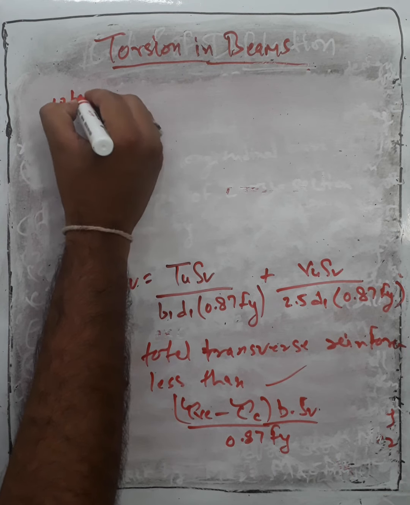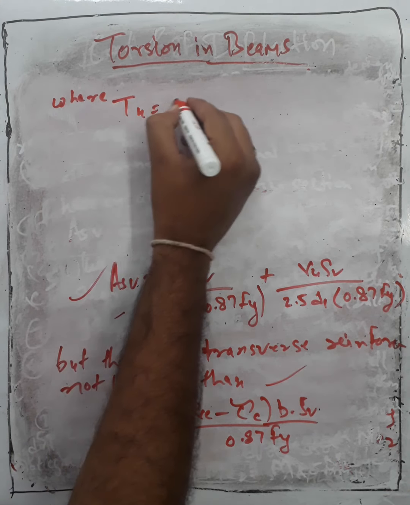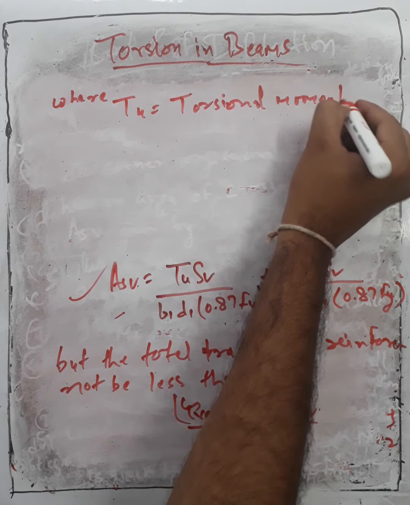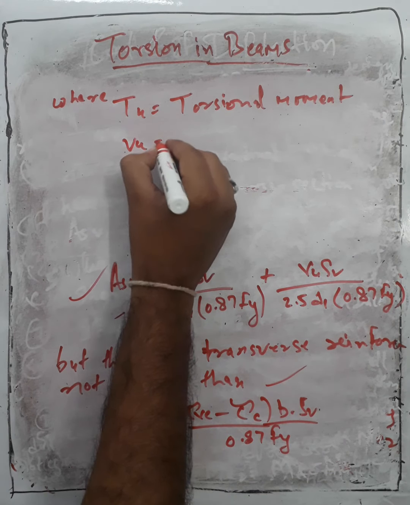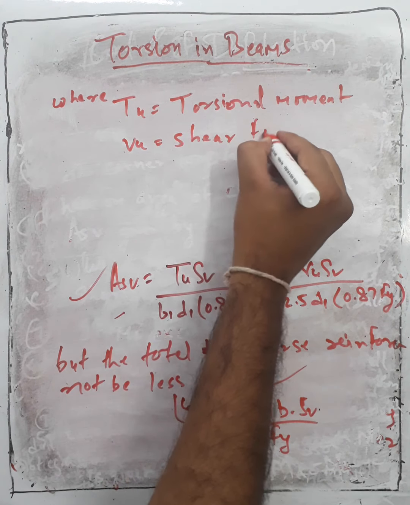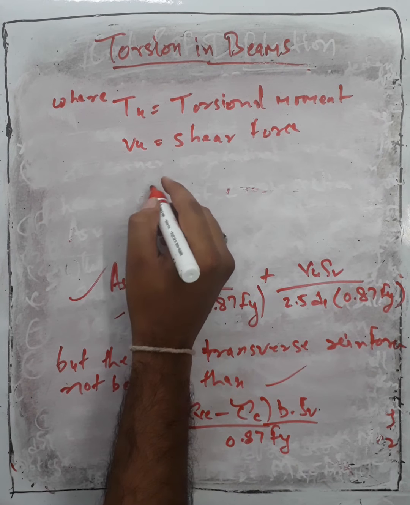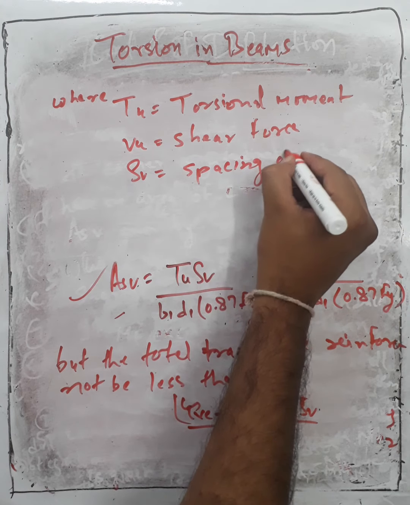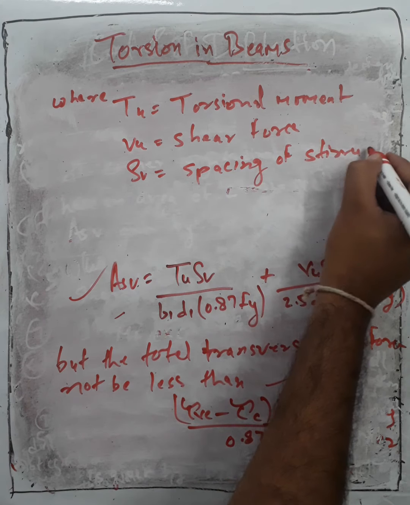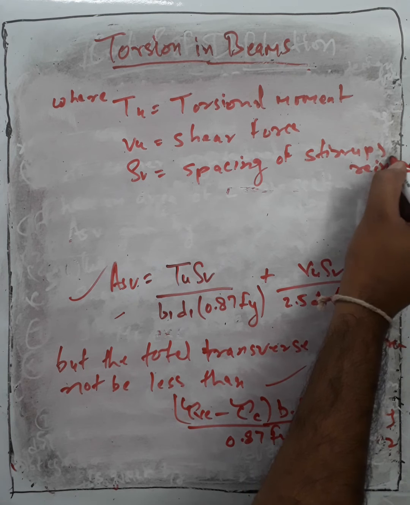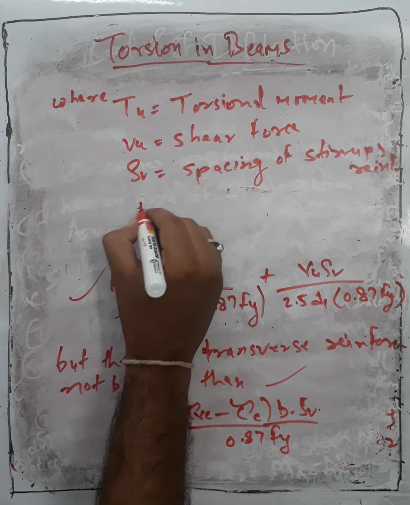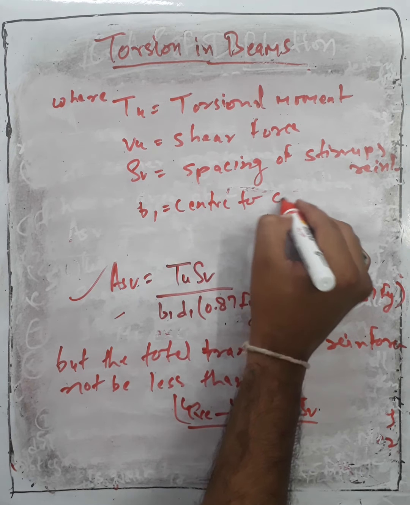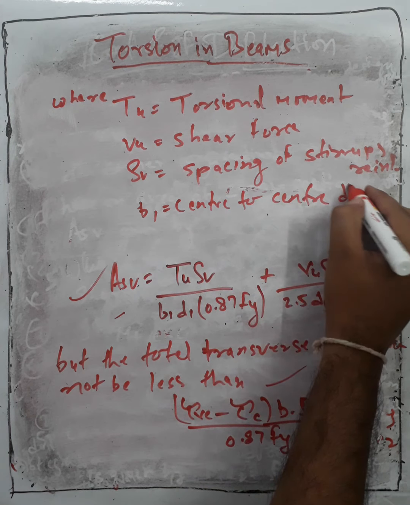Where Tu is the torsional moment, Vu is the shear force, Sv is the spacing of stirrup reinforcement, B1 is the center to center distance,